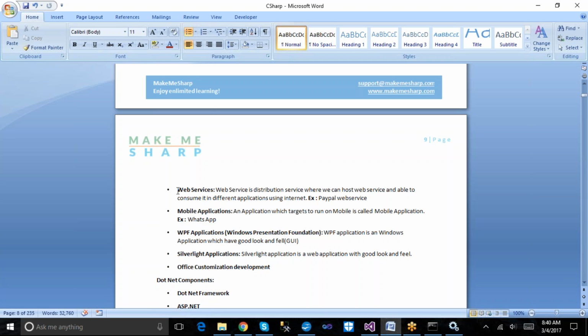Instead of copy-pasting the same logic into each and every application, we can build a common service where I write all these mathematical operations.